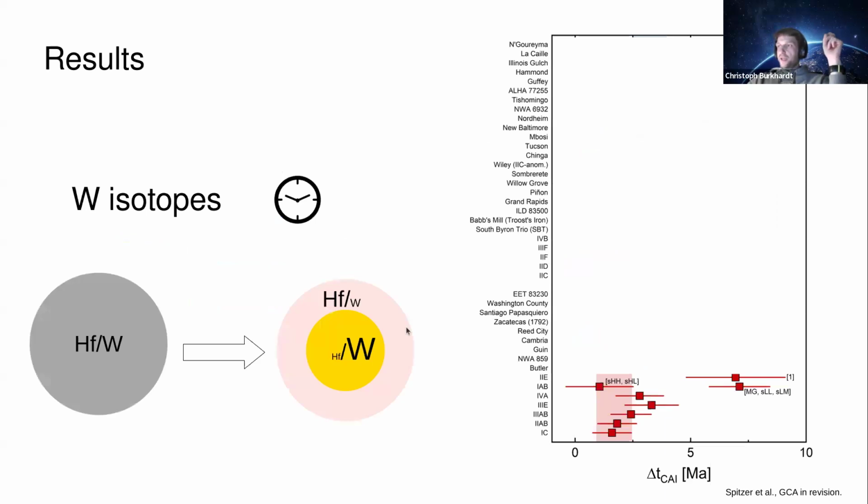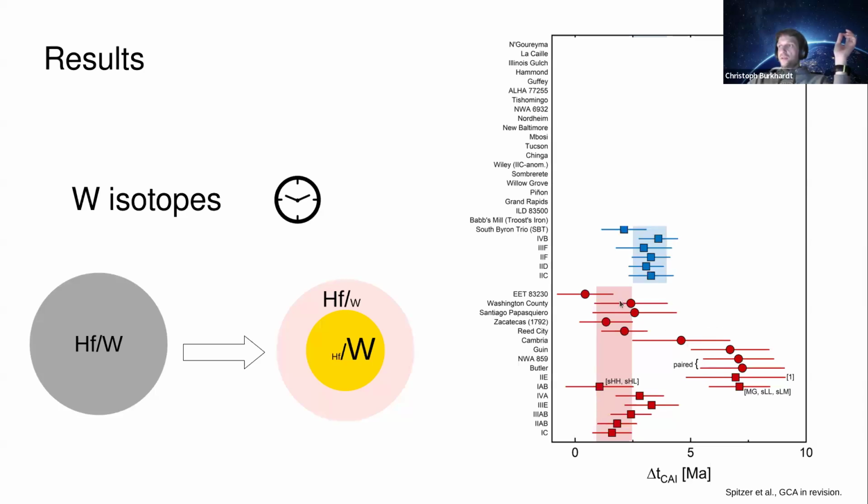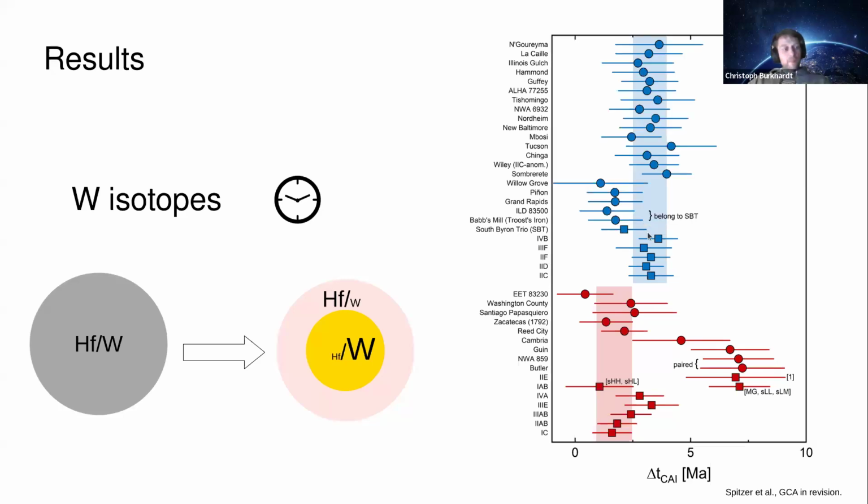And yeah, the ages of these, we obtain core formation ages after timing of CI formation. And this is again the grouped meteorites. And now the ungrouped NC irons, and they span a similar age range, whereas these ages are not real core formation ages, these are later resetting. And then for the CC irons, again, these are the grouped irons. And these are the new data for the ungrouped irons, and they overlap and they indicate similar core formation ages.